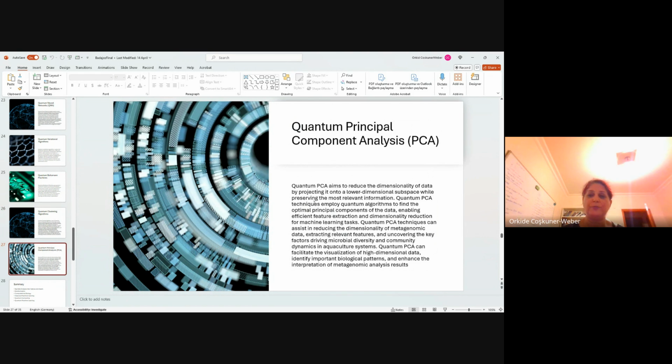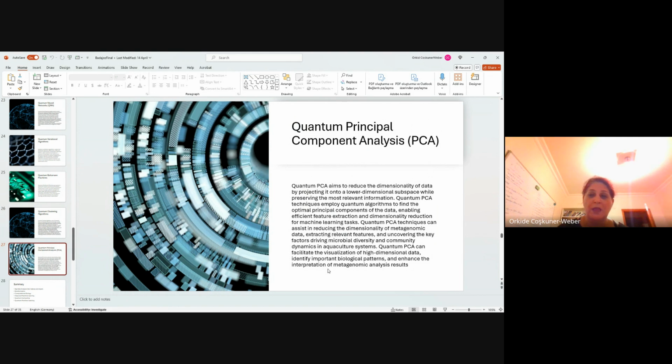Quantum principal component analysis techniques can assist in reducing the dimensionality of metagenomic data, extracting relevant features, and uncovering the key factors driving microbial diversity and community dynamics in aquaculture systems. Quantum principal component analysis can facilitate the visualization of high-dimensional data, identify important biological patterns, and enhance the interpretation of